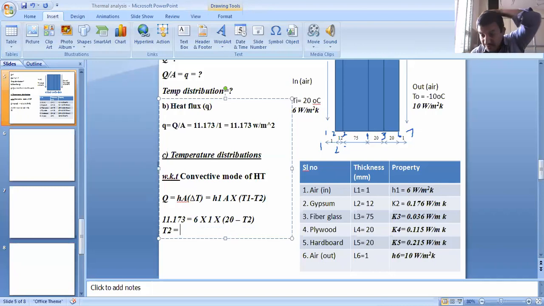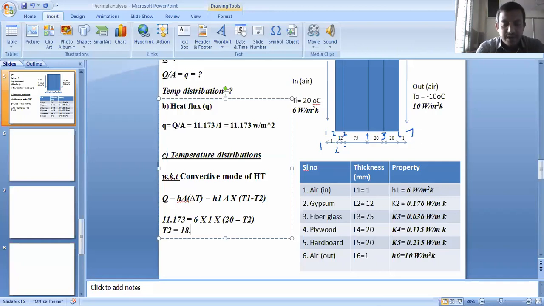Let's please do it fast because it's already 3:20. The rate of heat transfer is constant here. The heat flux is also constant. When we go for a composite wall, with temperature differences there, what will be the rate of heat transfer? Please calculate and tell me what value of T2 you get. That T2 should be less than Ti, less than 20 degrees centigrade. Then your answer is right.